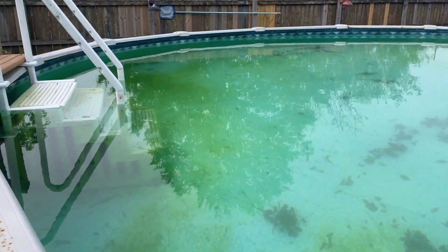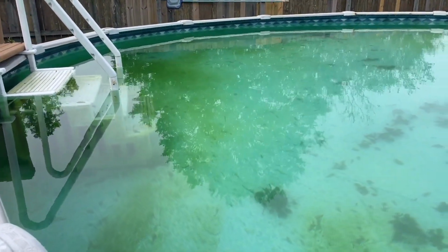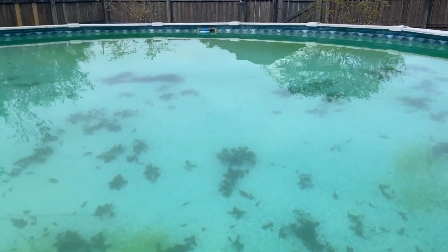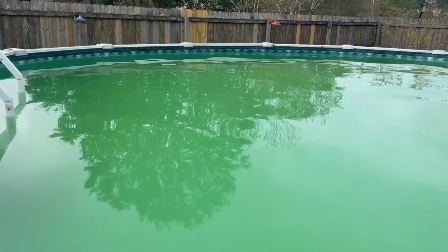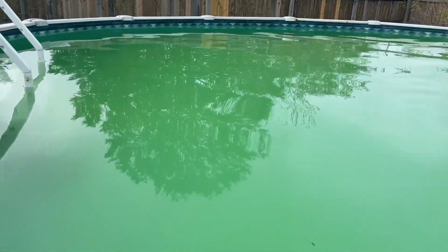Okay, it's the day after Labor Day, early in the morning here, about 8 o'clock. Pool has cleared up quite a bit. You can still see that I do have a good bit of leaves that I need to deal with this morning. Okay, so I actually ended up getting in the pool with the pole and the scooper net attached to it,